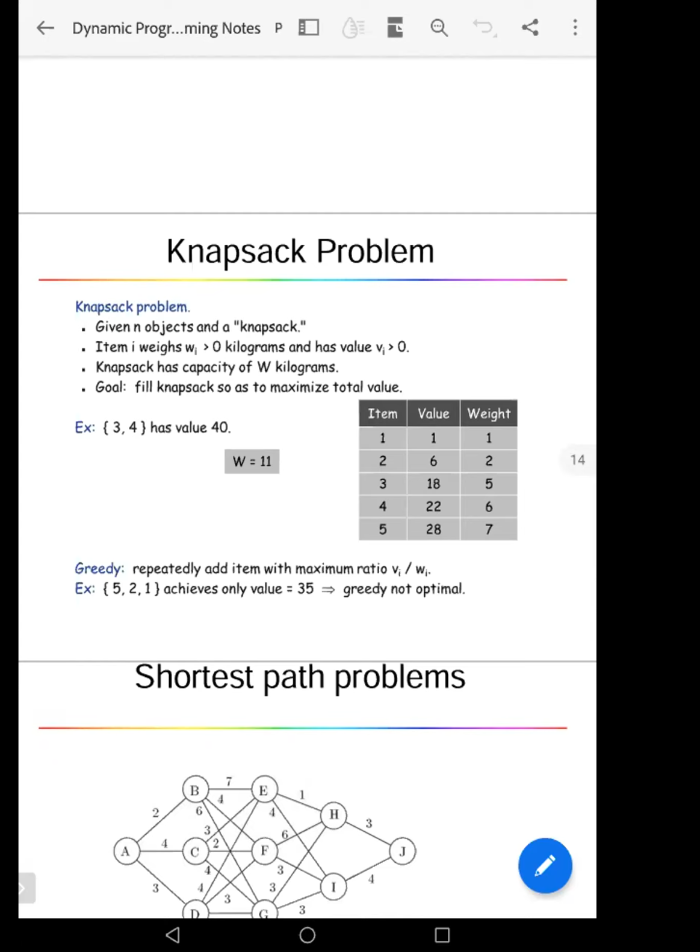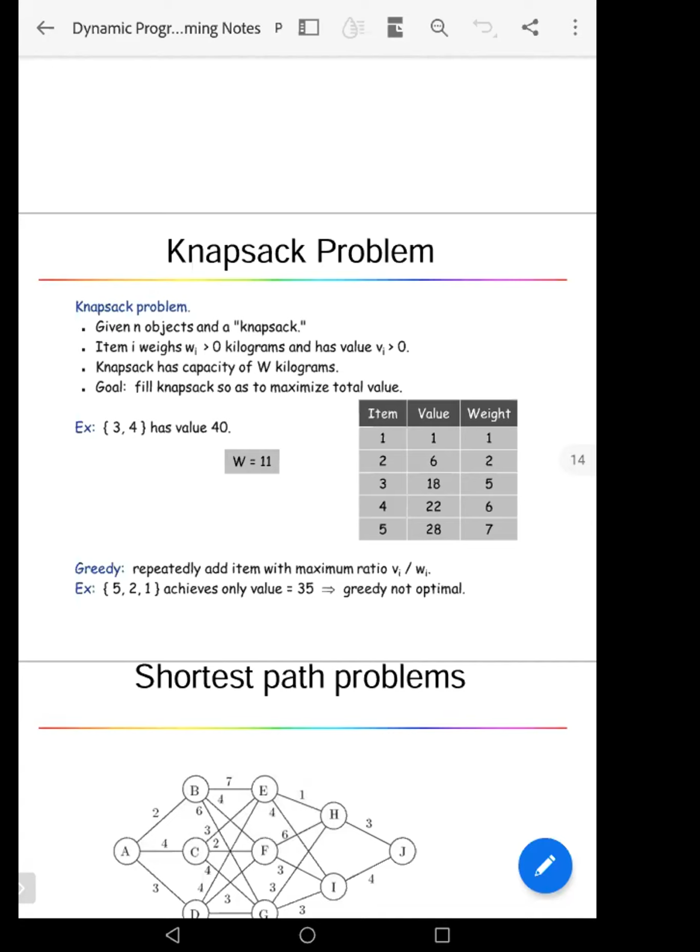Whenever we are selecting an item, we consider its total weight, and the corresponding value. But in the fractional problem, sometimes we do not consider the entire weight of that item. We take a part of the weight of that item, so that's why it is called the fractional knapsack problem. There are design techniques by which this knapsack problem can be solved. The 0-1 knapsack problem can be solved by using dynamic programming, and the fractional knapsack problem can be solved